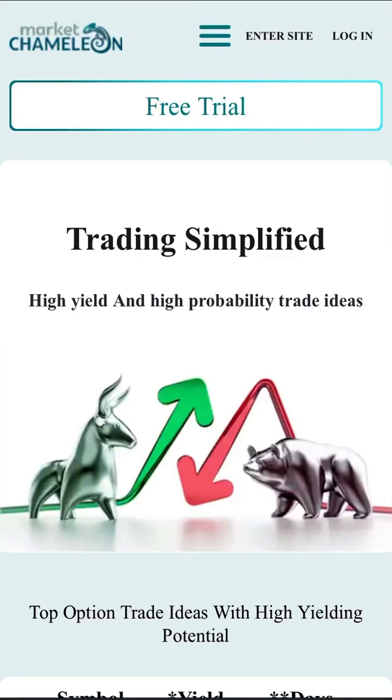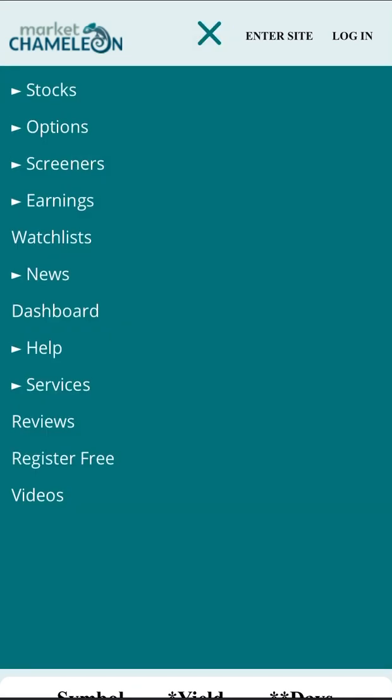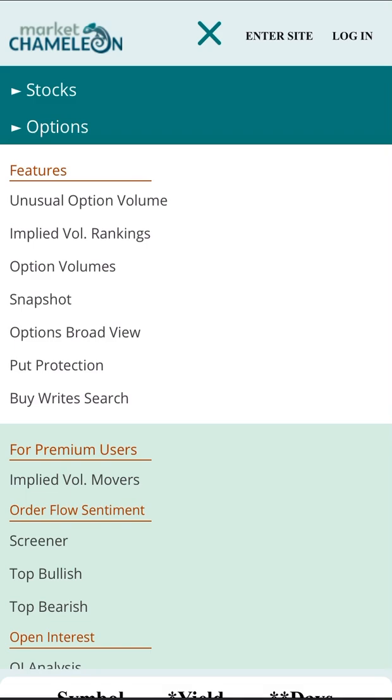So also another way you can find option plays is through marketchameleon.com. It's a free site. There's also a paid site, but you can go here and you can go to screeners, or you go to options. Actually, let's go to options. You can use the features such as unusual option volume, implied volatility rankings, option volumes, and other types of